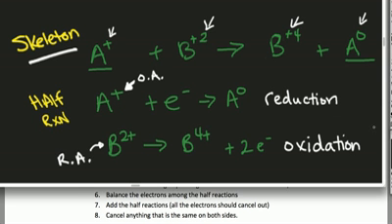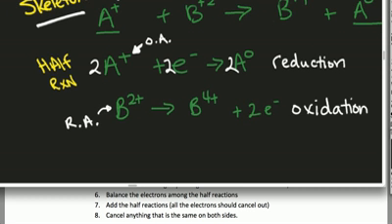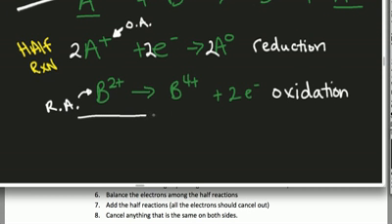So now that you know that, what we have to do is balance the electrons. So hopefully you can see that this is a 2, this is a 1. If I multiply the top equation by a 2 here, here, and here, now the electrons will cancel, and then all you do is you add the 2 equations, and when you do that, you're going to get a 2A plus